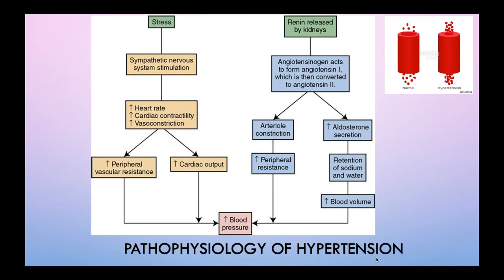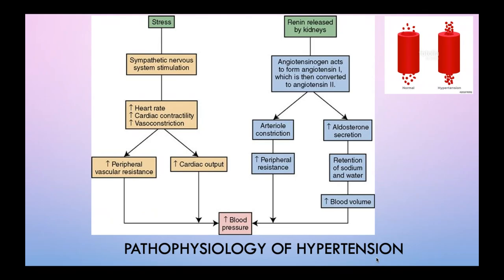And there's also the renin-aldosterone angiotensin system. And it's key to pay attention to the pathophysiology of hypertension, because the medications that we use to manage hypertension act on different points of the pathway. So it's good to understand the pathophysiology. So renin is released by the kidneys,